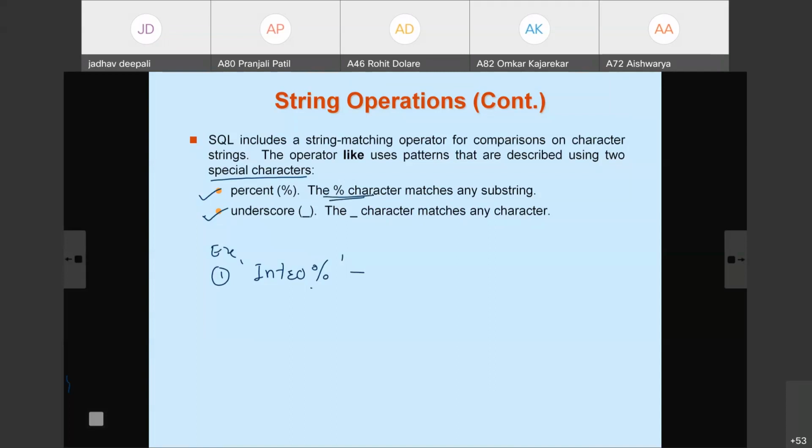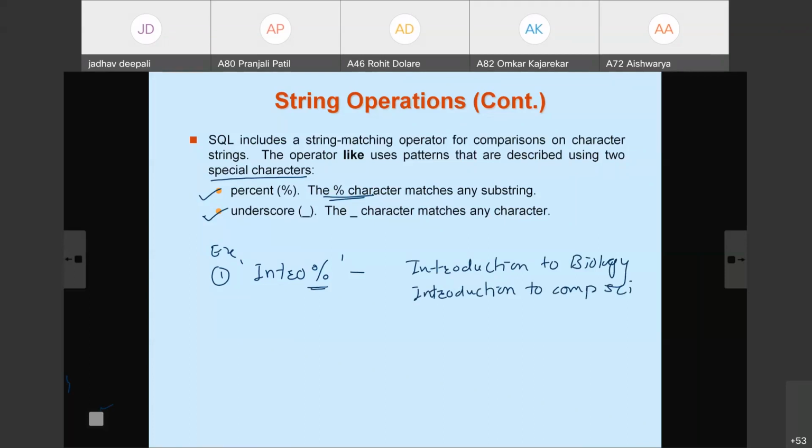So it matches any string which starts with intro, for example, introduction to biology, introduction to computer science. In this way, whatever string has the word intro at the beginning, whatever comes after, it matches.